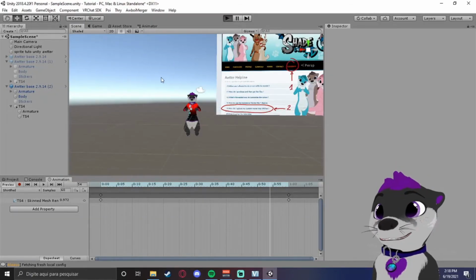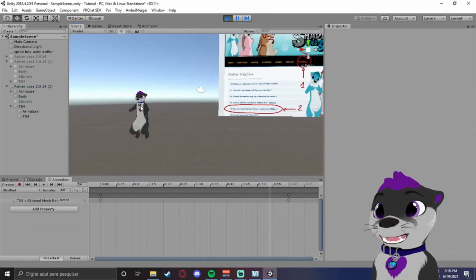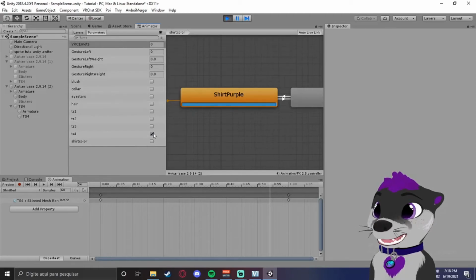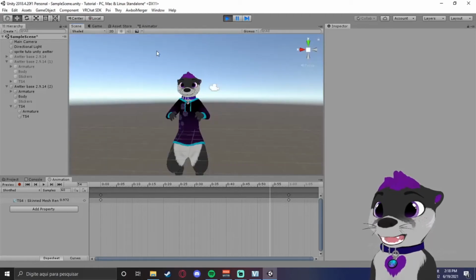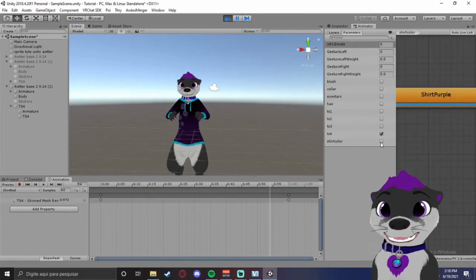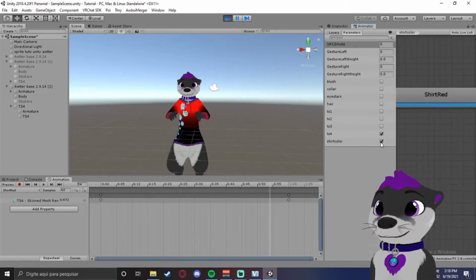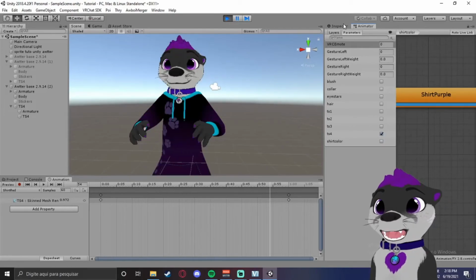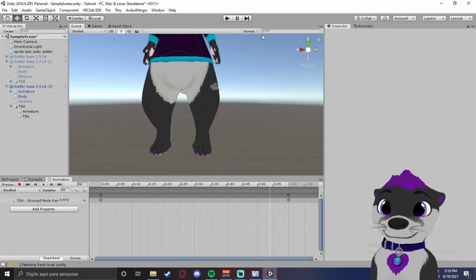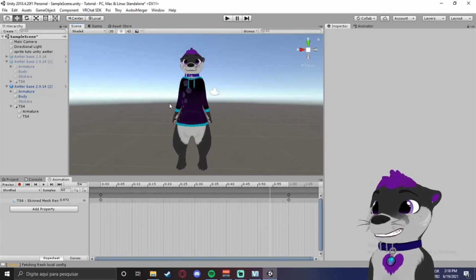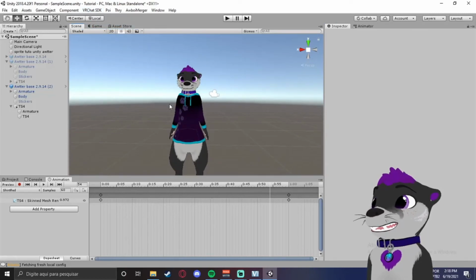Let's go back, click play, go over to our scene. You see we don't have a shirt. That's because of this toggle right here. We're gonna want to toggle it, so we have the shirt. I'll bring the animator to the side right here, and as soon as I toggle this happens. This is all in your VRC controller. You can build, and go here, we can build and publish, and you'll have your